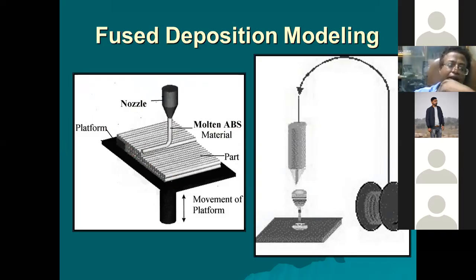Generally there are two nozzles in the machine. One nozzle is for the main material like ABS, and another nozzle is for support material. Because in this case also you have to deposit a support structure, correct? You cannot avoid the support structure in this case. That is a different kind of material, a low-grade material, which can either be removed by some mechanical means, or it can be dissolved in some organic solvent, or sometimes even in water.